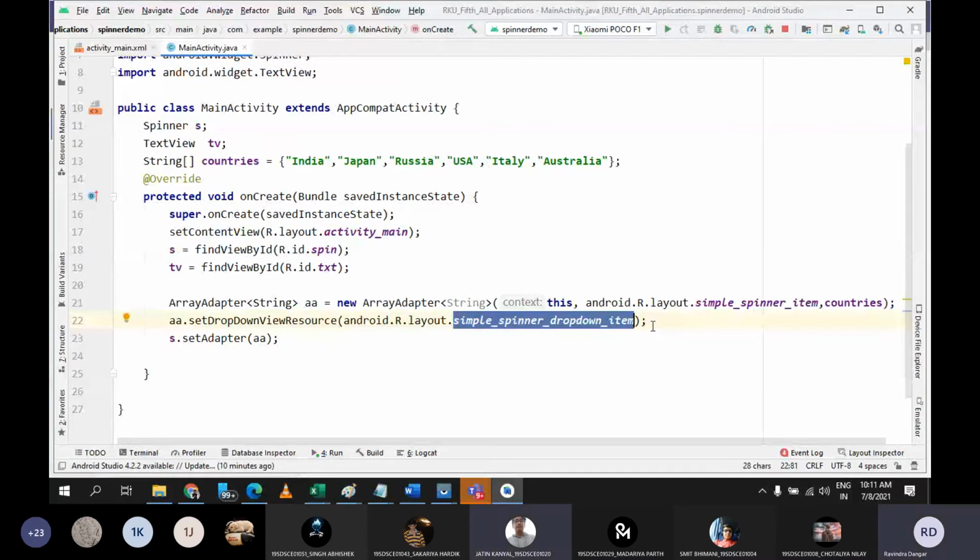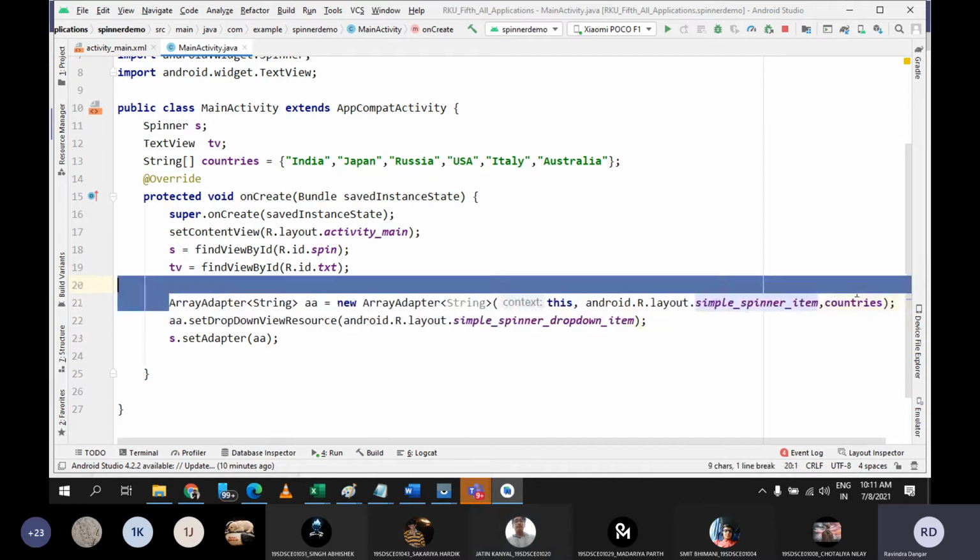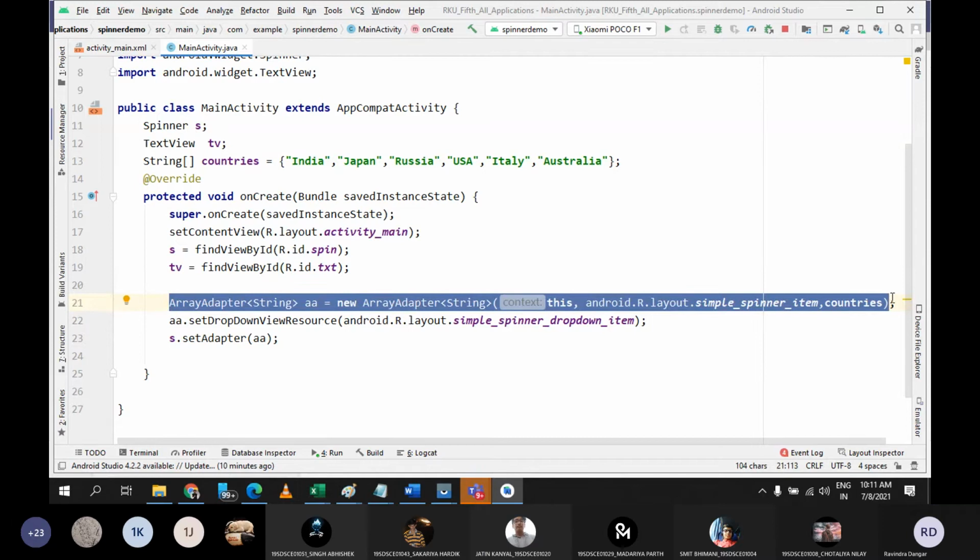ऊपर वाला पैटर्न कौन सा है? ऊपर वाला जो है यहाँ पे सिंपल स्पिनर आइटम, वो एरे एडेप्टर के लिए है. जब एरे एडेप्टर आपका बनेगा तो उसमें आपको कौन सी पैटर्न चाहिए, you can go with similar pattern for both the cases also. It is not that you need to go with different pattern. Don't worry, once I run this application, I will change it and you will be able to observe the modifications or changes. So it will be resolved, don't worry.